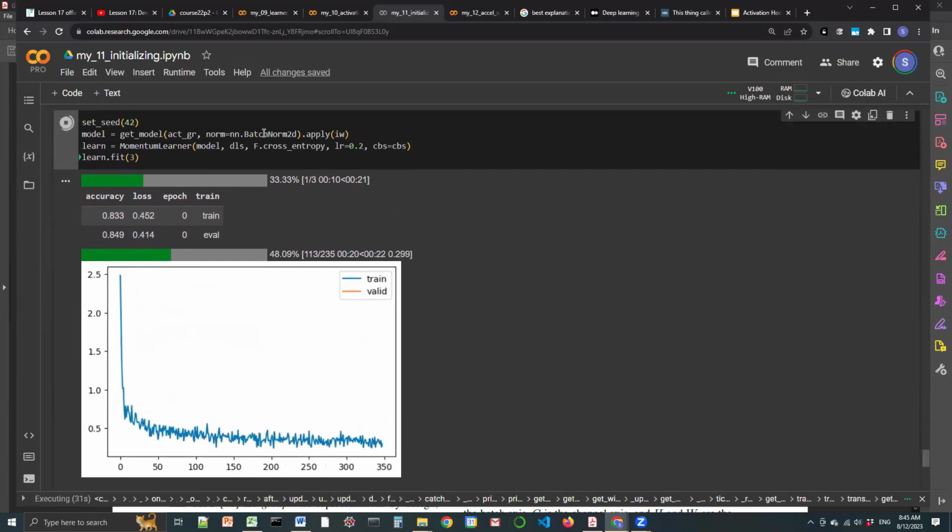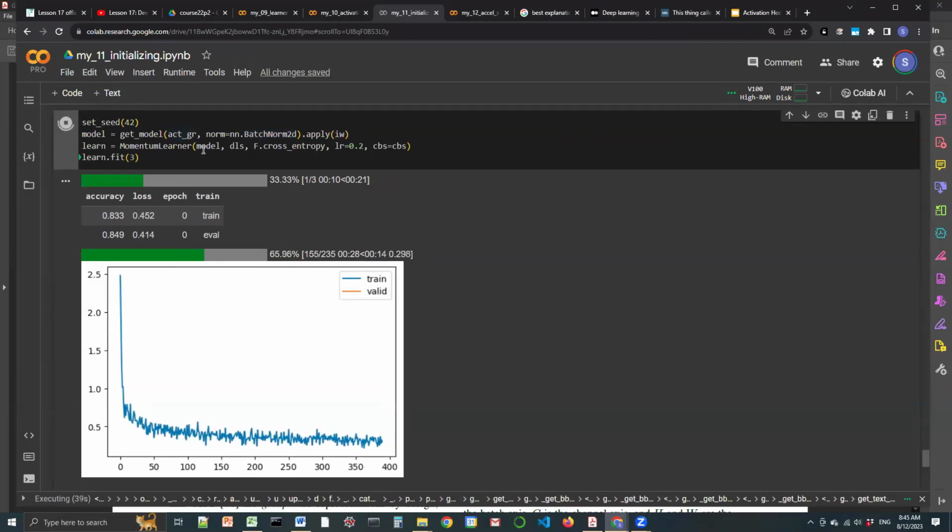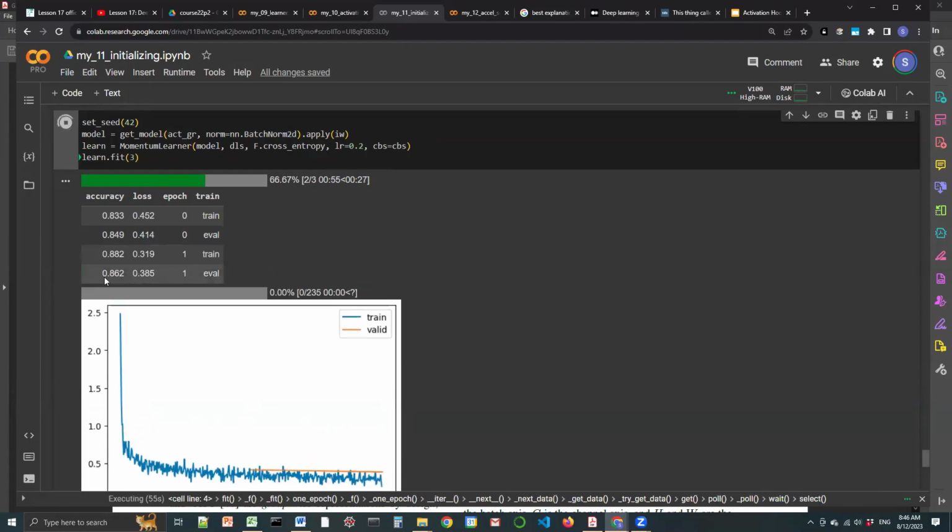And by doing this, we have applied the initialization, we have applied the batch norm, we have applied the general ReLU activation, and the traditional callbacks that we have, such as moving it on to the device, calculating the stats, things of that nature. And we are beginning to get reasonably good results and at reasonably good speed. We're at about 0.86 at this point, maybe around 0.88 when we are